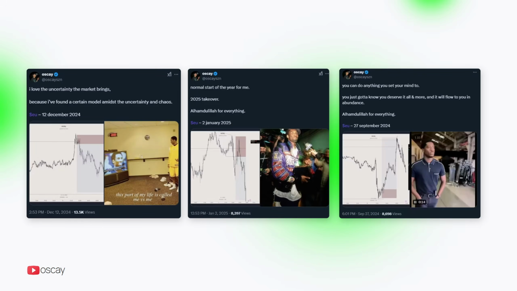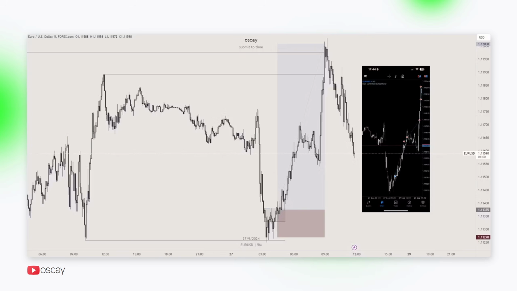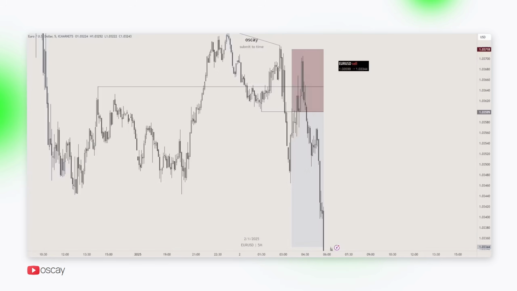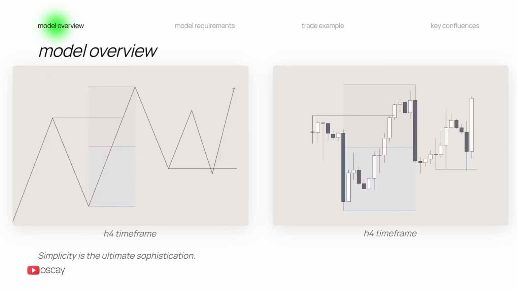These key confluences made it easier for me to know exactly at what times to trade, when smart money validates my trade idea, and most importantly, when explosive moves happen. After this simple model, you'll also be able to hear the market scream at you, "Take some money from me!" But chill, you're gonna get that later in the vid. I'll give you an overview of this model, walk you through a real trade example which I've caught, and explain